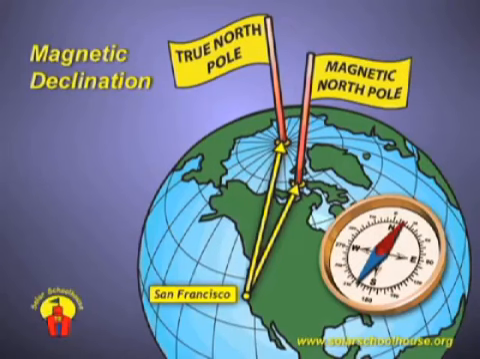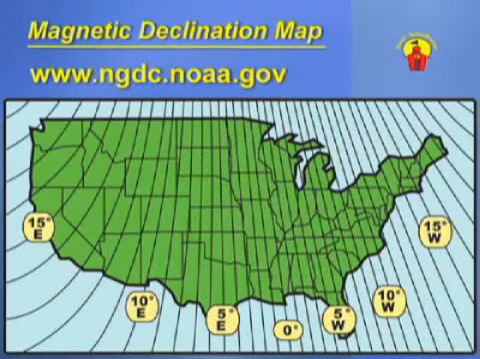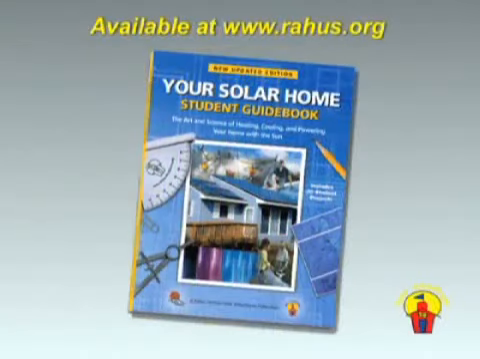The United States government has magnetic declination maps available online on the National Oceanic and Atmospheric Administration web address shown here. These maps are updated regularly because the position of the magnetic North Pole is slowly moving. The Rahus Institute publishes the Your Solar Home Guidebook. It has complete directions for using these maps to find true north with a compass and is available at